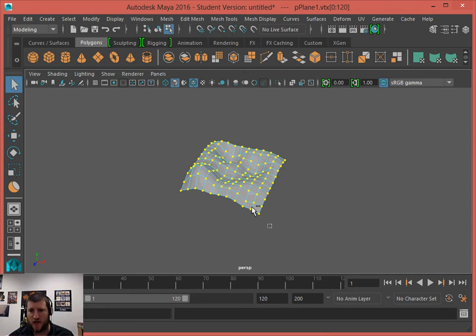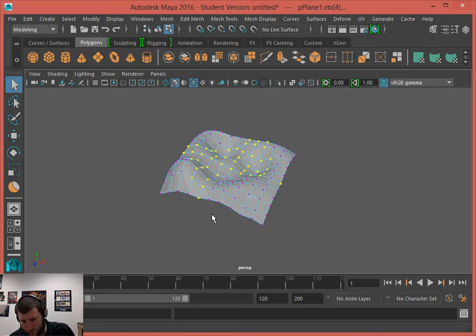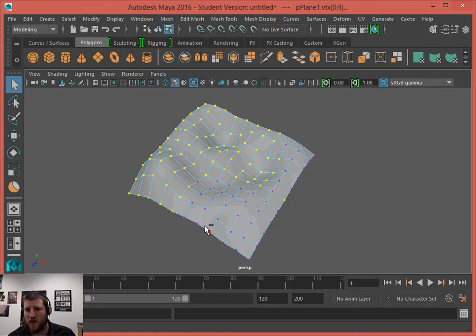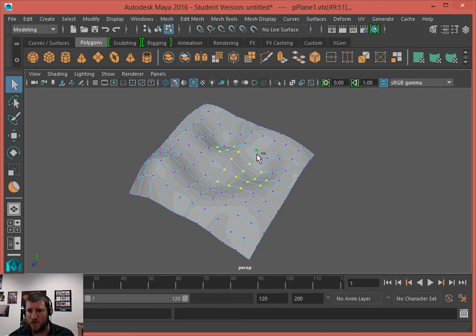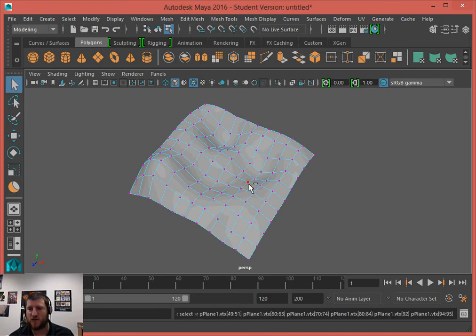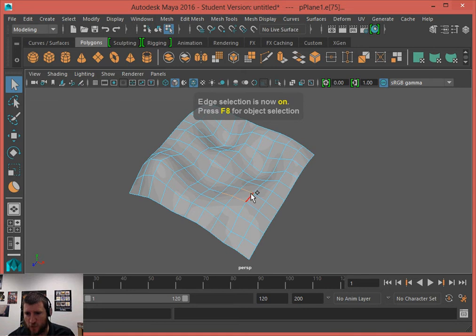Either way is fine, but it's just good to know how to deselect, because sometimes you select things you don't want, and it's easier to just unselect or deselect it than it is to undo and try and select it all over again. So that same thing goes for edges.